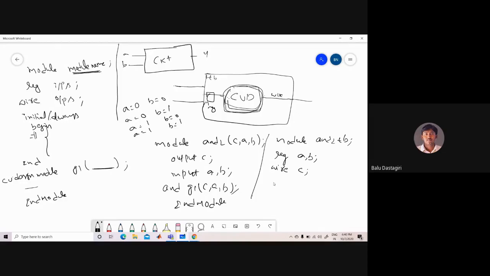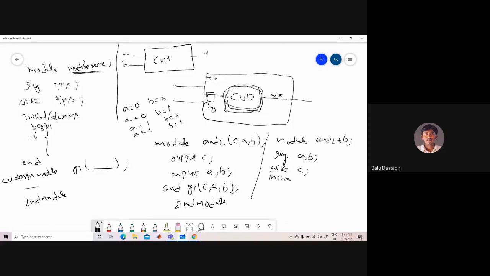So this you have to follow. As I told you, the inputs must be declared as registers in the test bench, and the outputs are declared as wires. Okay. So now after this declaration, we can call the main module here, or we can call it after the declaration of the initial or always block. Okay. So let us see about the initial block.